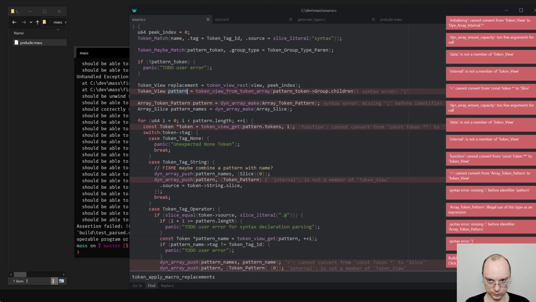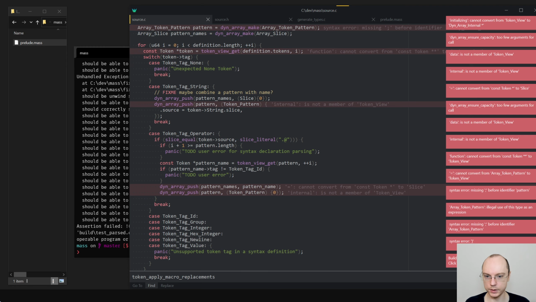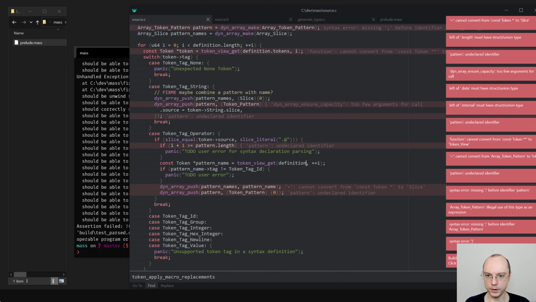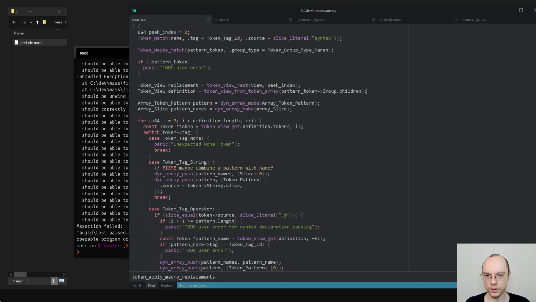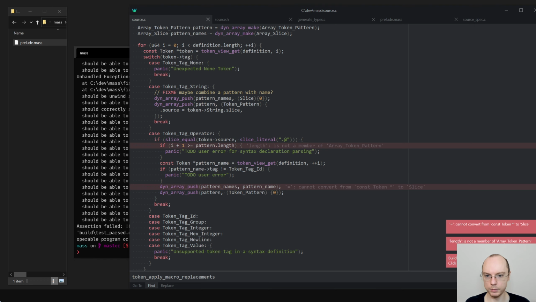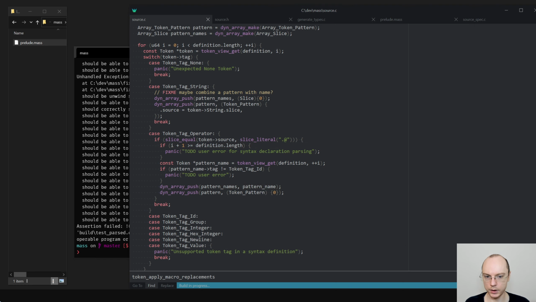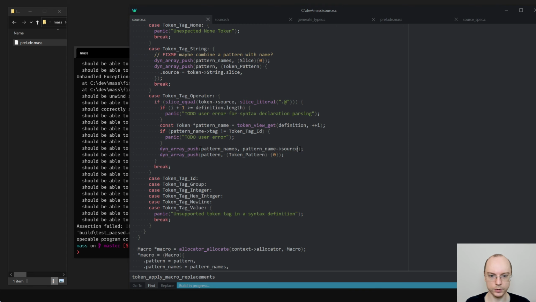Yeah. This shouldn't be called pattern. Say definition. Definition. Is that better? Yep. Yes. Like that. From const token to slice. Yes, you should have source.